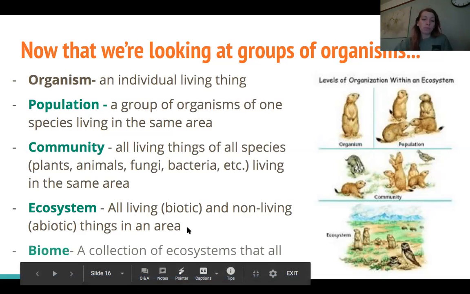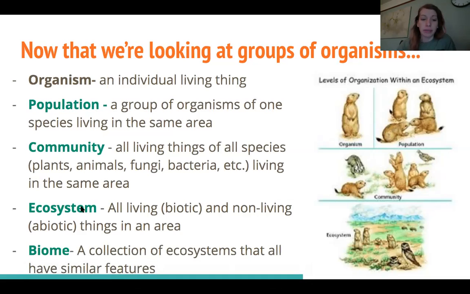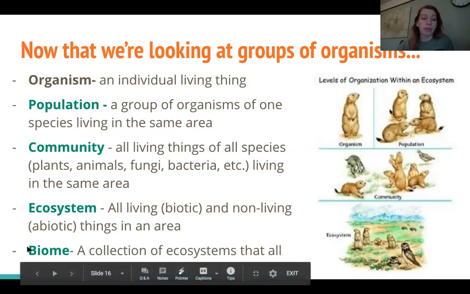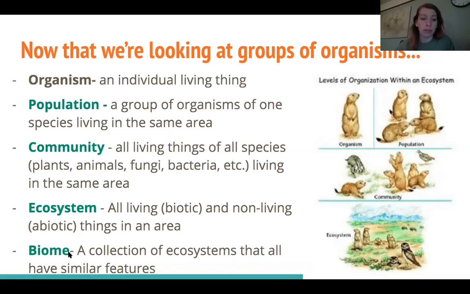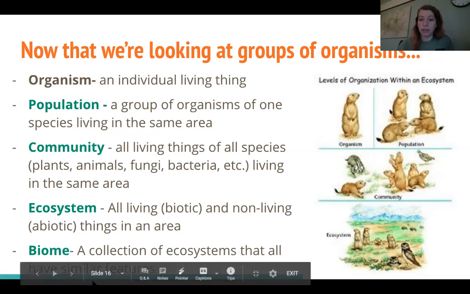Finally, when you add all of the different ecosystems that are similar, we call that a biome. So there's like 7, it's kind of debated, but there's 7 to 9 different biomes across the earth. So you can think of a woodland forest, or a forest like we have here in Oregon, all those forests, that would be a biome. There's a lot of ecosystems that overlap within that biome, but the big forest that covers all the way from Canada into the mountains of the Rocky Mountains and stuff are all a part of that big biome.